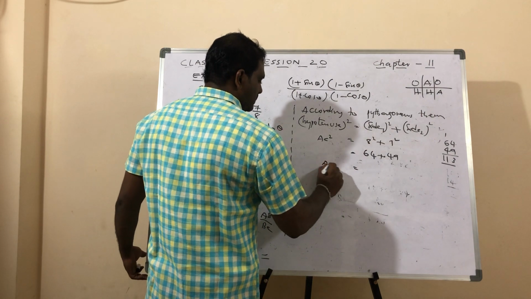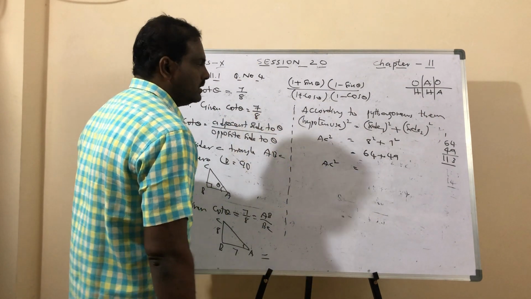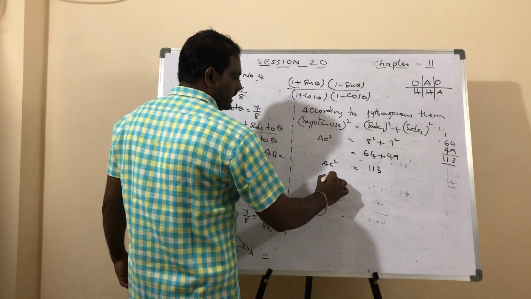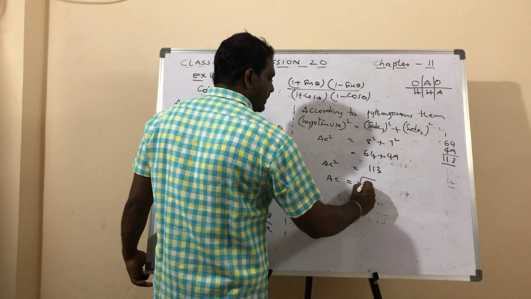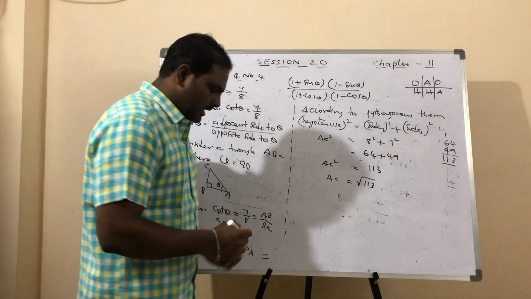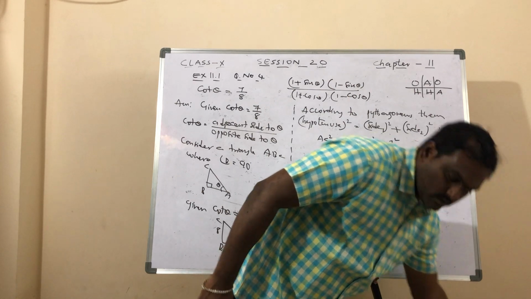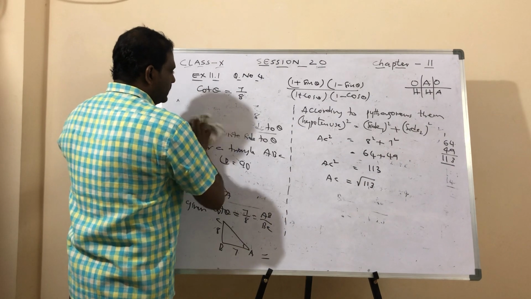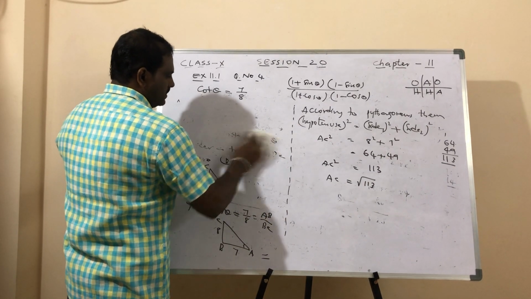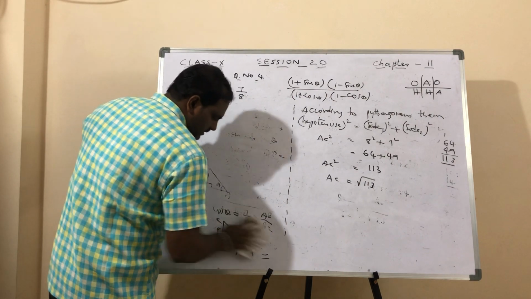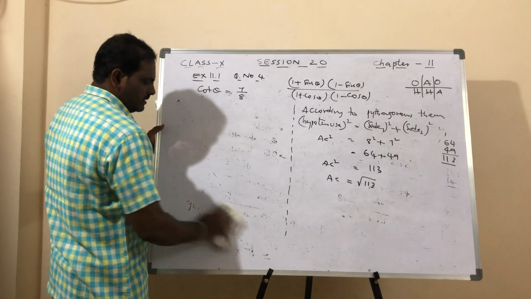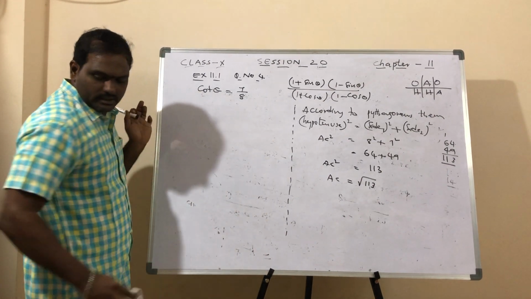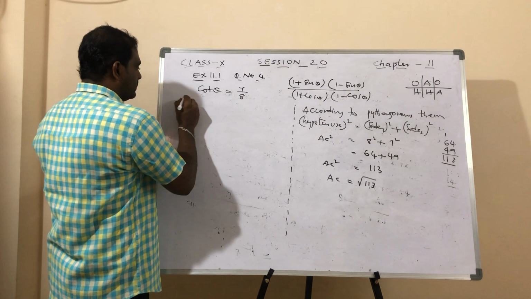So that is AC square is equal to 113. I want AC. AC is equal to what? Square root of 113. Okay. Now this is the value we got. Now basing on this, what I have to do is finish the given triangle. Then I have to find the value of sine and cos. So therefore the triangle is,